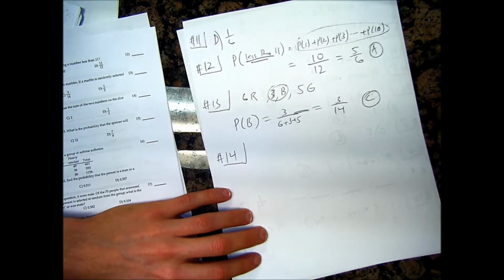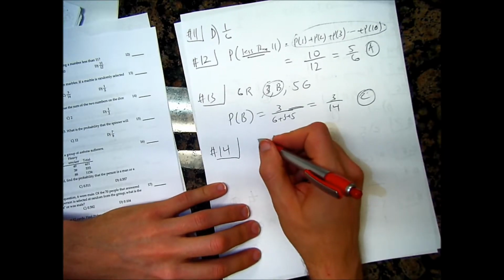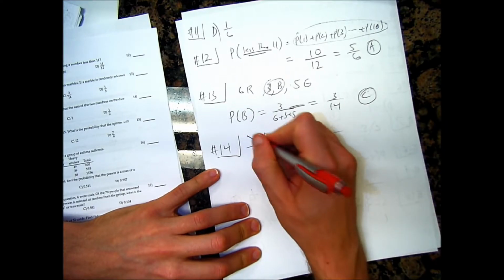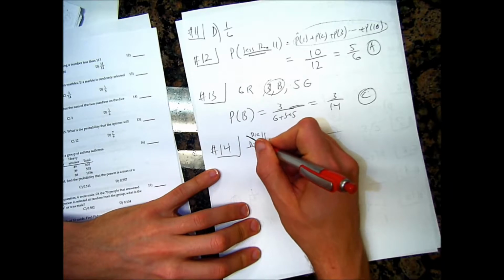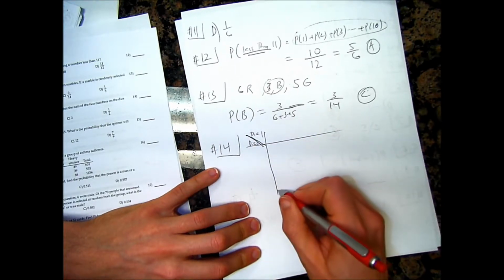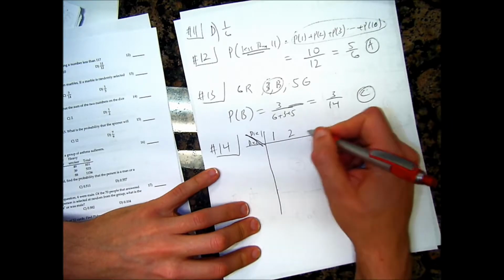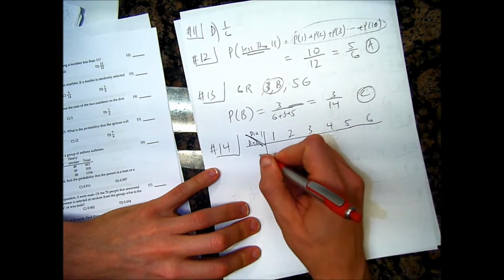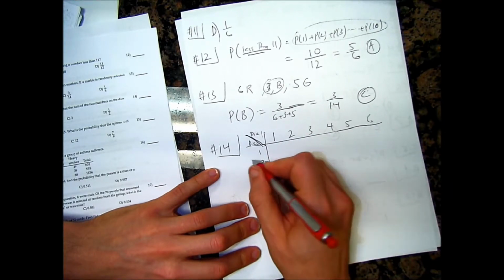There are 2 6-sided dice that are rolled. What's the probability that the sum of the 2 numbers on the dice will be 3? Now, I know you guys have done quite a few of these on Khan Academy, but I'll go ahead and make this table, which I think is helpful for these problems. Die 1, die 2. So we write out all the possible faces for die 1: 1, 2, 3, 4, 5, 6.